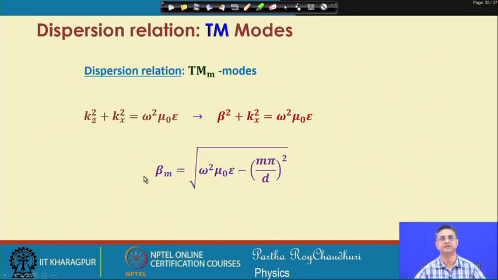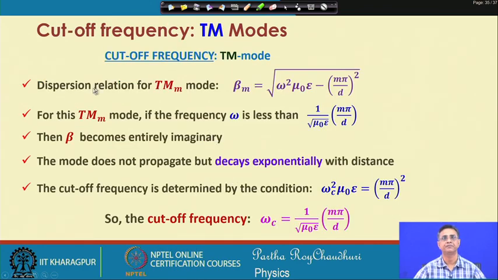So, the dispersion relation in this case is in the same way that beta square plus the transverse component of the propagation vector square will be equal to the total propagation vector mod square. So, that gives you beta square plus kx square equal to this, and therefore, beta m can be represented because kx is known beforehand, m pi by d. So, beta m is equal to this quantity, from which we can again bring out the cutoff condition. So, the dispersion relation for this is given by this equation, and for this we will call the modes TM m. m can have 1, 2, 3,